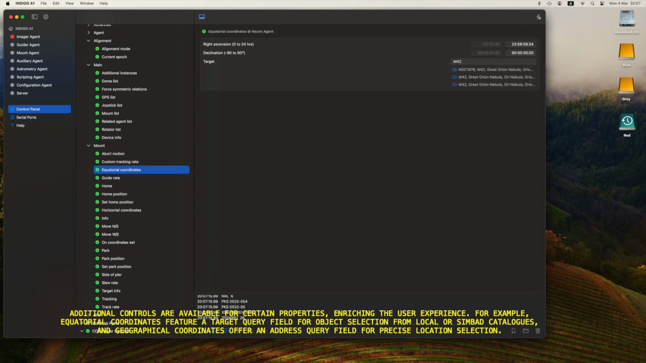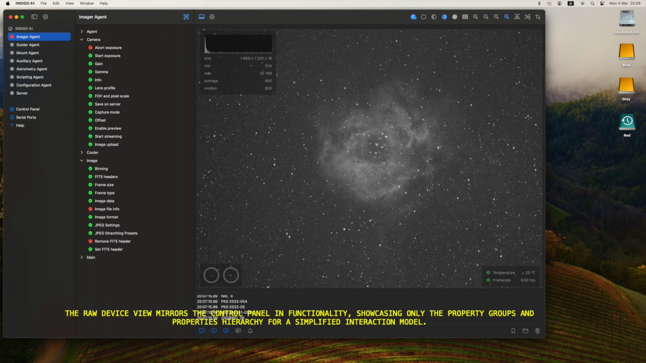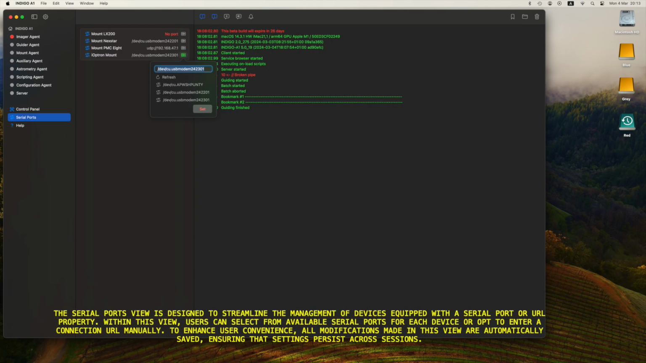For example, equatorial coordinates feature a target query field for object selection from local or Simbad catalogs, and geographical coordinates offer an address query field for precise location selection. The raw device view mirrors the control panel in functionality, showcasing only the property groups and properties hierarchy for a simplified interaction model. The serial ports view is designed to streamline the management of devices equipped with a serial port